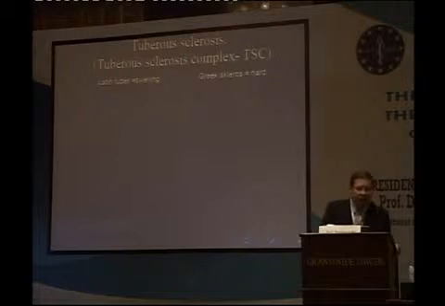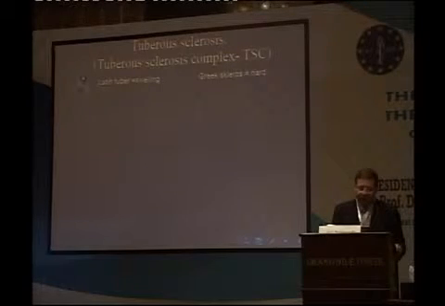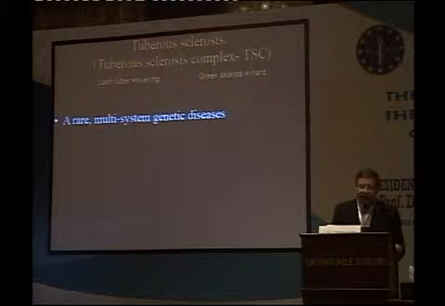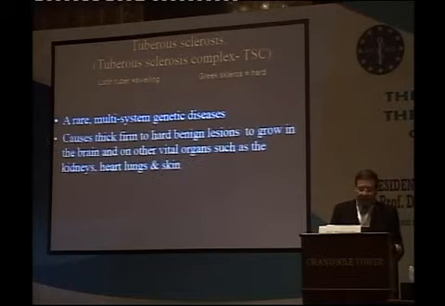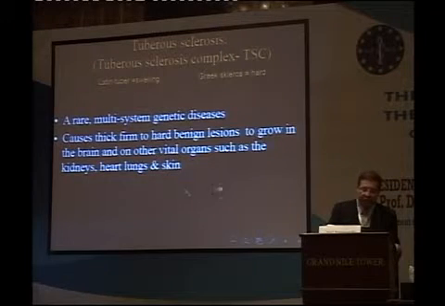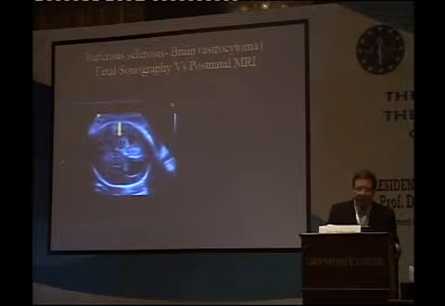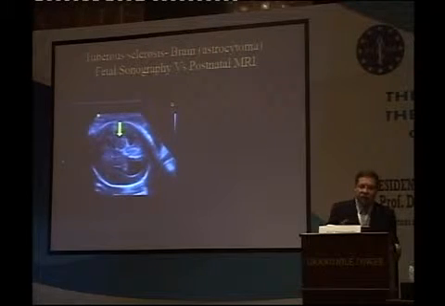And finally, tuberous sclerosis, and I have seen 3 cases in my life of tuberous sclerosis. This is one of them. In tuberous sclerosis, tuberous comes from the Latin tuber, swelling, sclerus means hard, so it's a rare multi-system genetic disease. It causes thick, firm, hard, benign lesions to grow in the brain and other vital organs such as the kidneys, heart, lungs, and skin. And what aroused the suspicion in this case is that you find the same lesions in